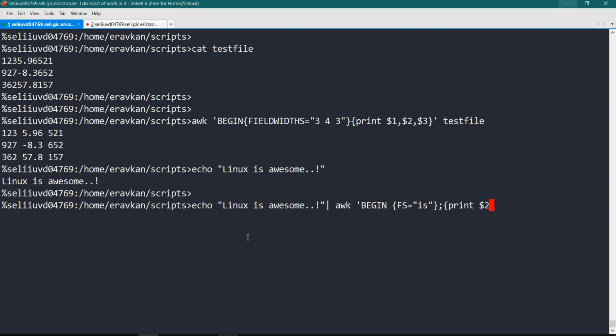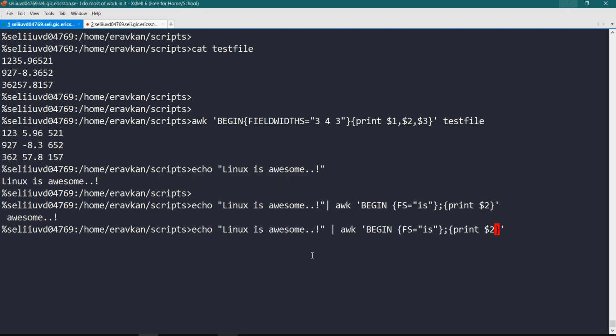Let me show you the output. So here is my field separator, and this is $1 and this is $2. If I print $1, then the output will be Linux. In this way, by using field separator you can specify how your fields are separated, because in CSV files we have the field separator as this.